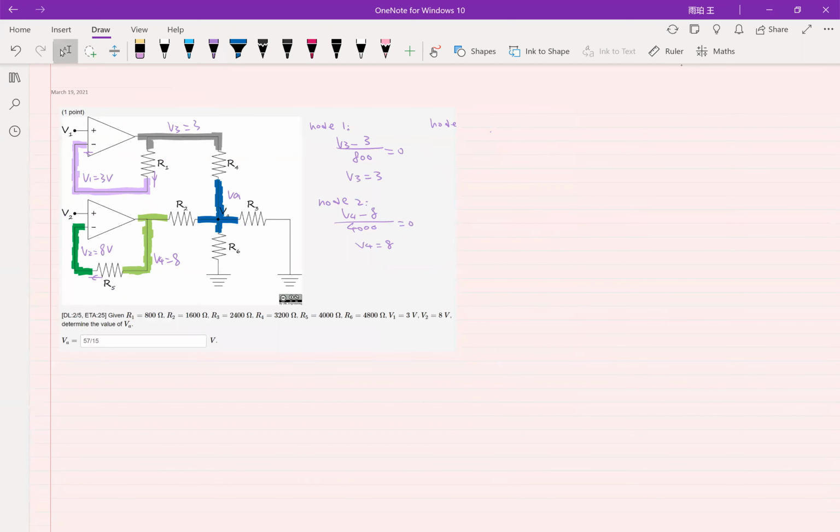So I'm just going to analyze node A first. There are 4 resistors. I'm just going to randomly define the direction of flow here. So this would be the current coming in equals the current coming out. The current coming in, we have (V3 minus VA), so (3 minus VA) over R4, which is 3200, plus here (V4 minus VA) over R2, and then minus VA over R6,